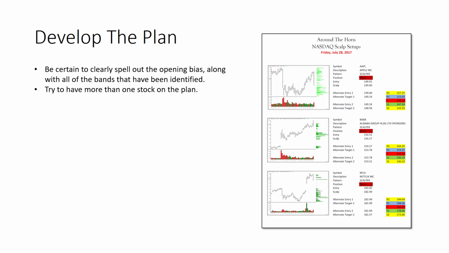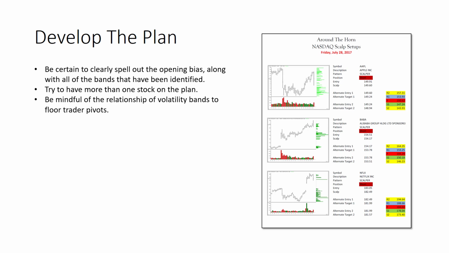I like to have a group of 3 stocks to pick from in the morning, and then just be able to go through and sort of cherry pick which ones I'm going to trade at a given time of the session. Typically what I do is I draw all the bands on my screen and then I save it for the following day, and it's just the 3 that I consider the most likely to trigger first thing in the morning that I actually put onto this trading plan.